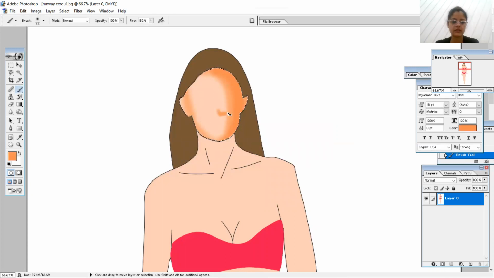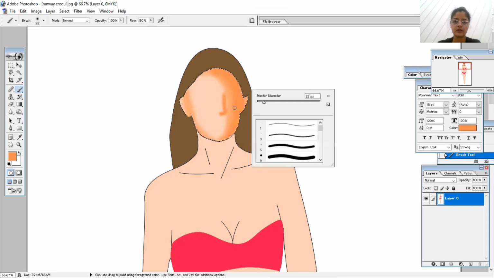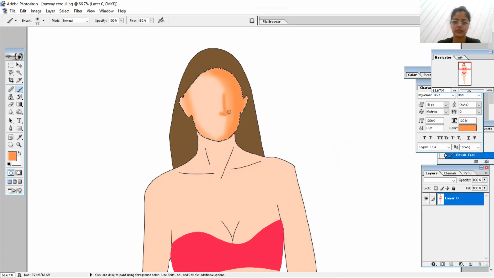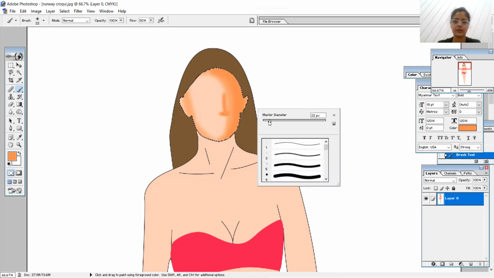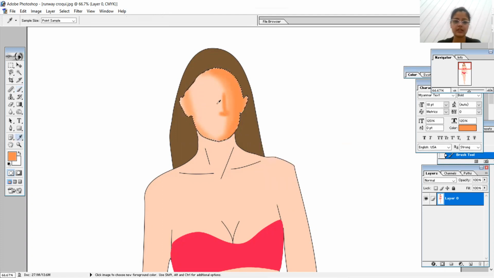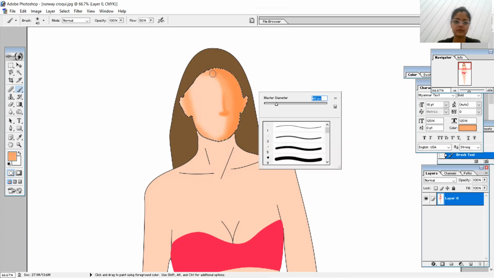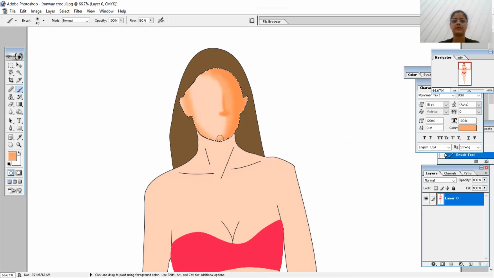So let's just give this kind of texture, giving a bit here. Yeah. After that, taking this color again and simply applying over here. All right. This is enough.